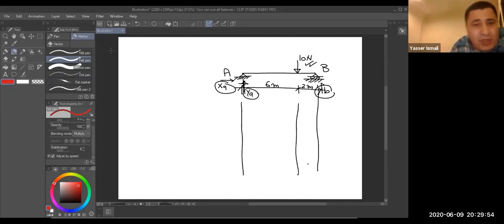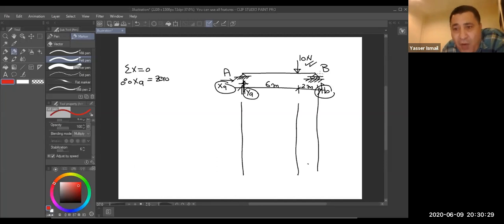When I say the equations of equilibrium, what does it mean? For sure, if this beam will move, that means this structure system is not stable. And when I say stable, we have the standard assumption of the 3 equations, which are what? Sigma x equals 0. That means XA should be 0. Why 0? Because there are no horizontal forces here.